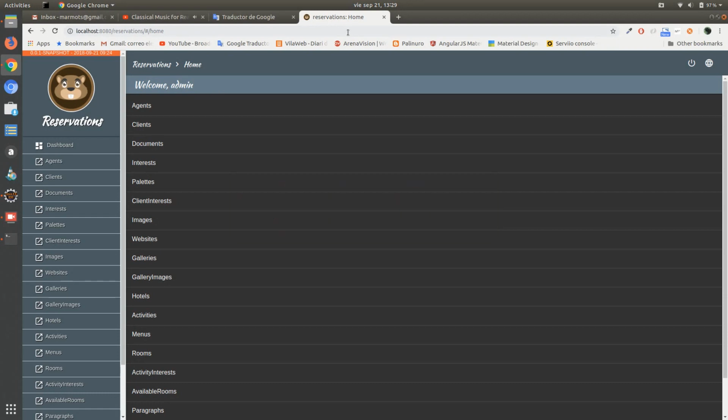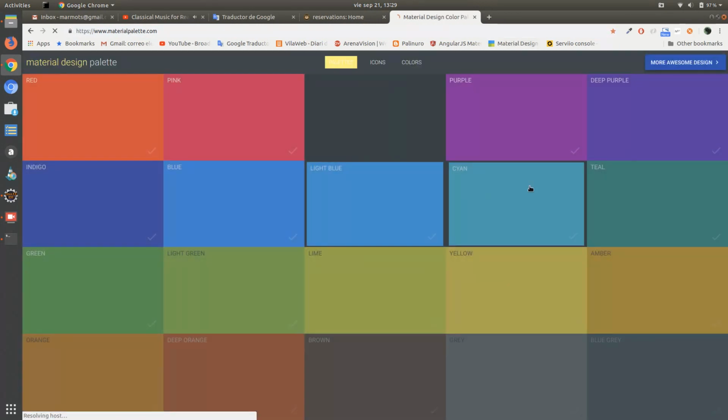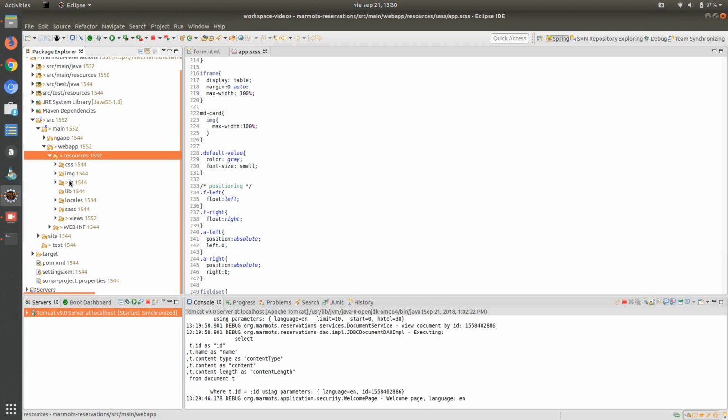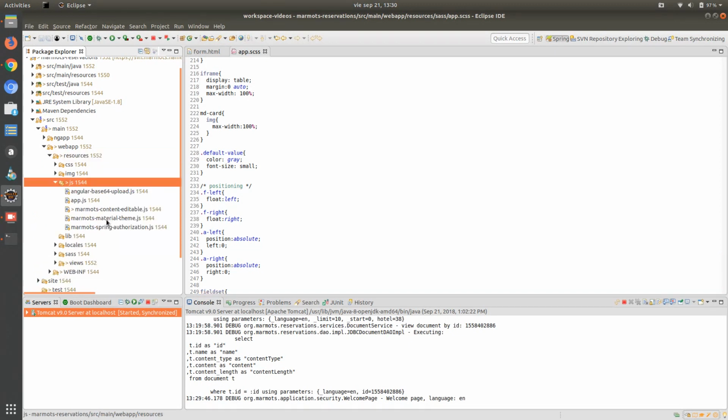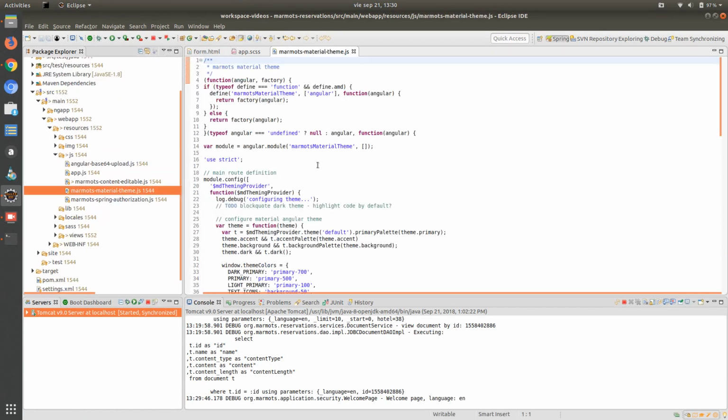It's based on material design, and we can go here to choose a palette. So as a designer, you can go here. You also have the CSS, but for main colors, you can go to material theme,